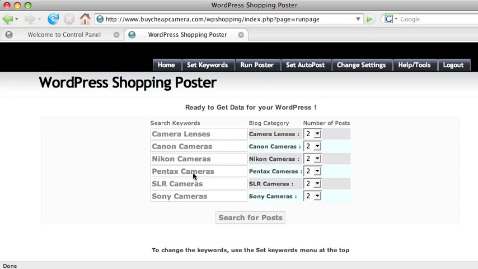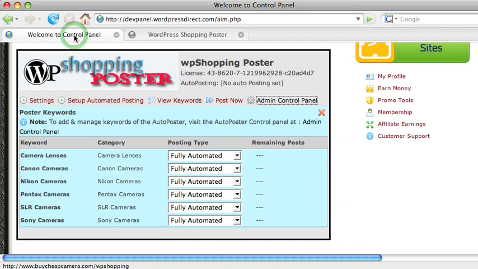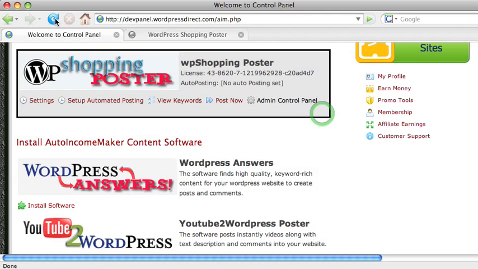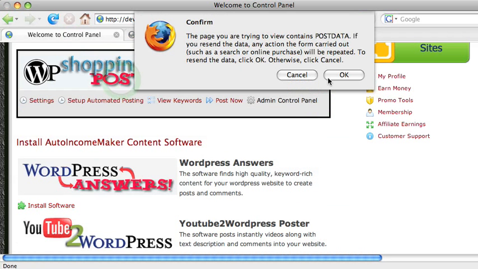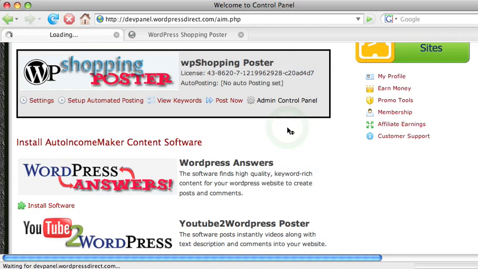So I'm going to say search for more posts. This will find the next set of results from Yahoo Shopping. Now when you combine this with article content on camera lenses and these sorts of articles as well, you're going to find that these